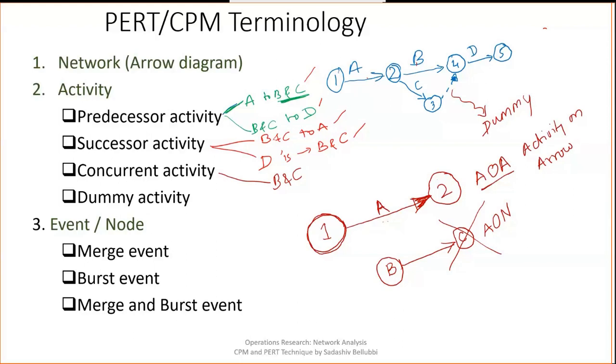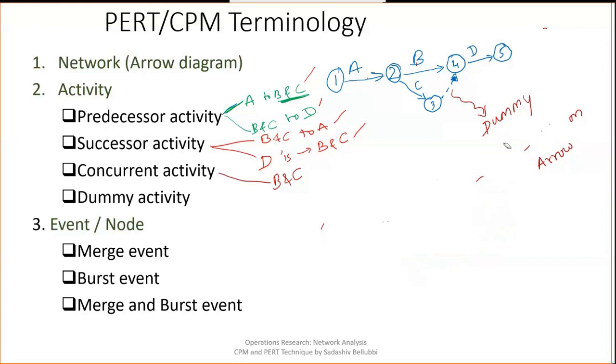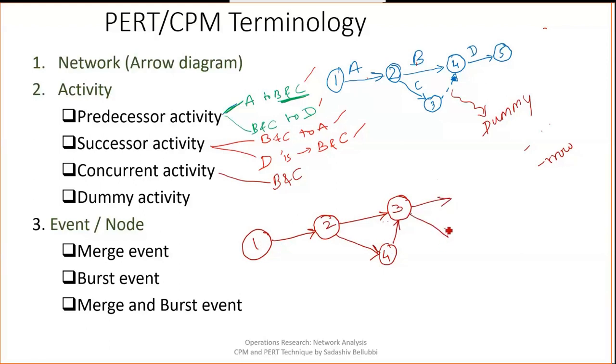So this is the way you need to draw the network. If there are n number of activities, you are supposed to draw it clearly. Draw a circle, draw the arrow mark, and again draw the circle. For the next activity, again start from the exact point and finish like this. 1, 2, 3: the numbers should always be incremental. This may be 4. If there is one more activity, you can connect like this, and draw like this for n number of activities. This is the way you need to draw the perfect network.